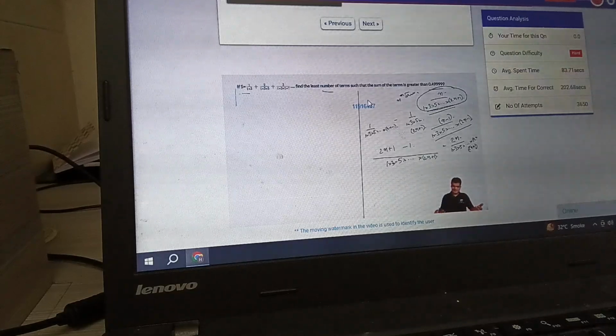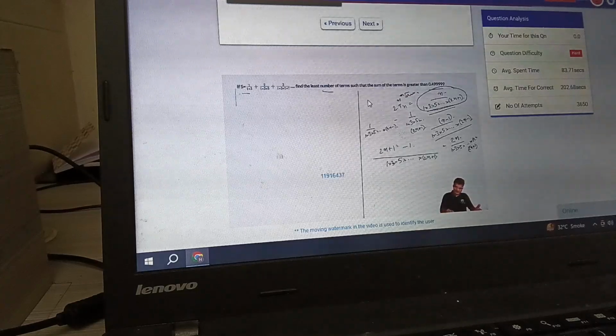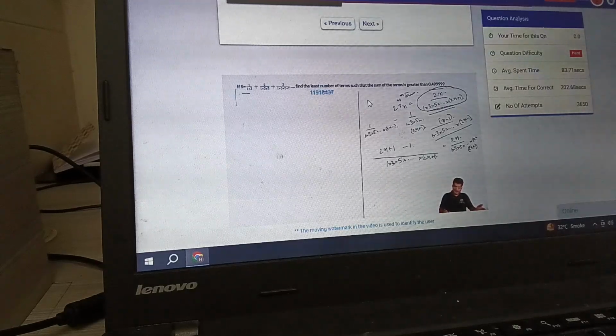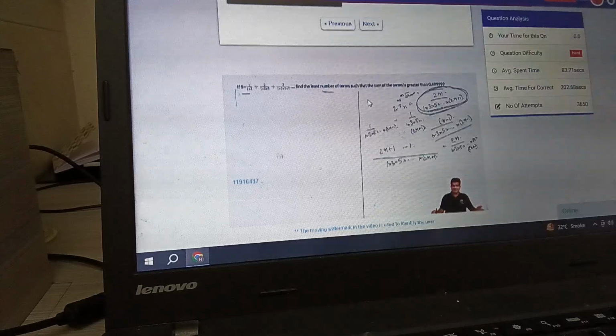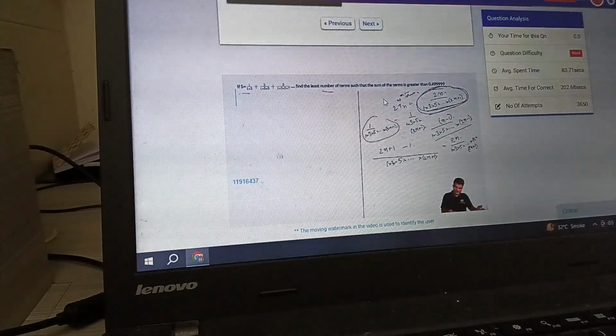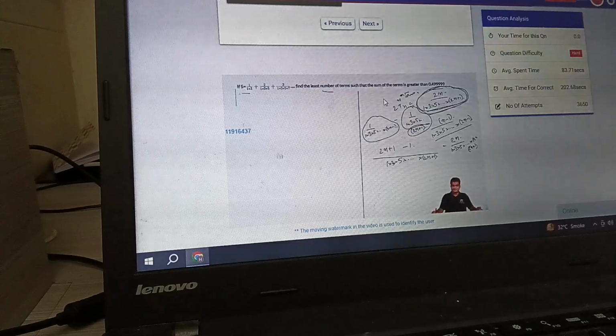Essentially what we are saying is that if you are looking at the nth term Tn to be equal to n by 1 into 3 into 5 into dot dot dot into 2n plus 1, 2 times that will be equal to 2n divided by 1 into 3 into 5 into dot dot dot into 2n plus 1. But this, that is the right hand side, can be written as a difference of 1 by 1 into 3 into 5 into dot dot dot into 2n minus 1 minus 1 by 3 into 5 into dot dot dot into 2n plus 1. Or to simplify it further, 2 times S,